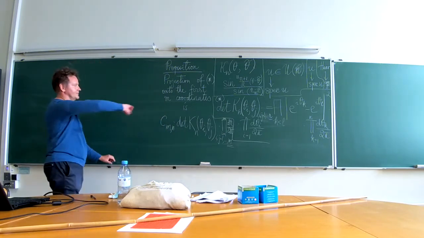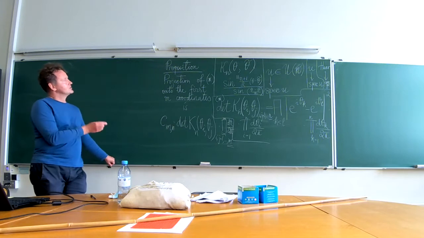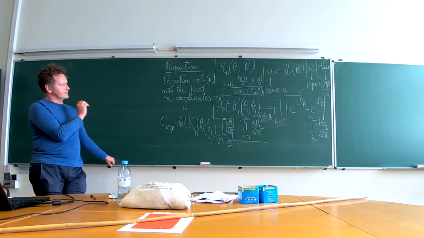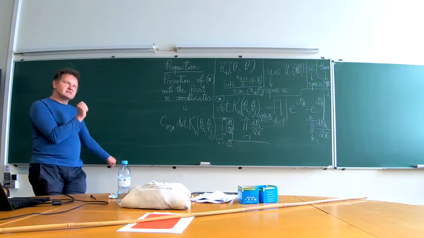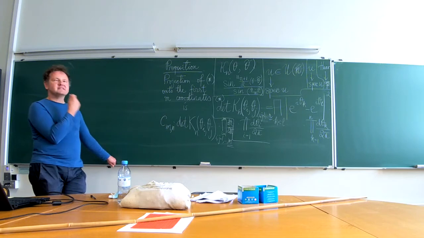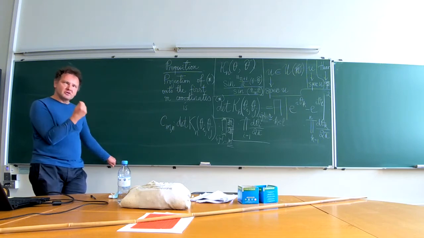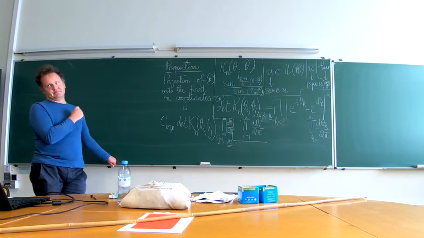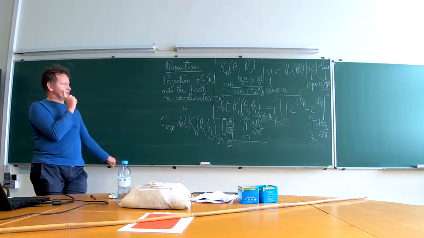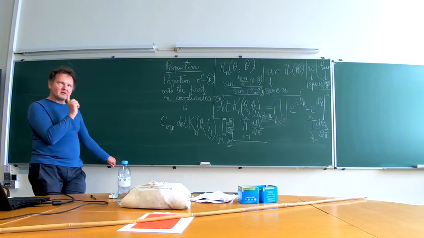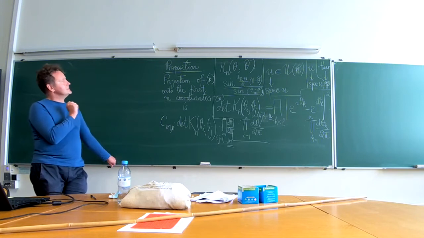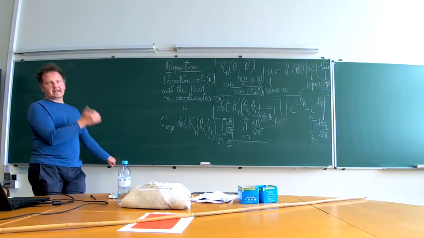Okay, perfect. I continue. So this is just the measure. This determinantal form of the density is preserved under projections. Please observe how remarkable this fact is. What does it mean? Projection of the first components? Well, it's clear, I just forget the rest.